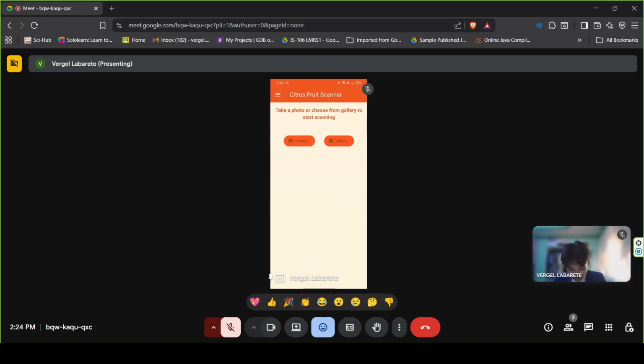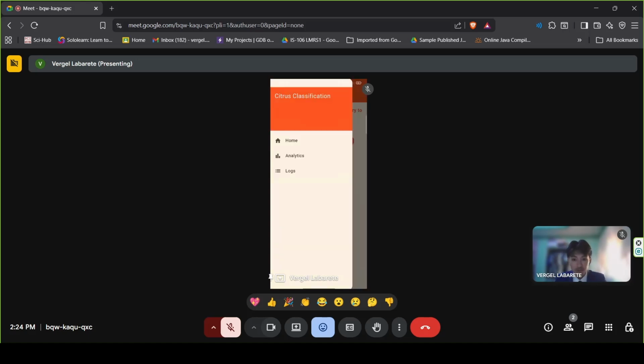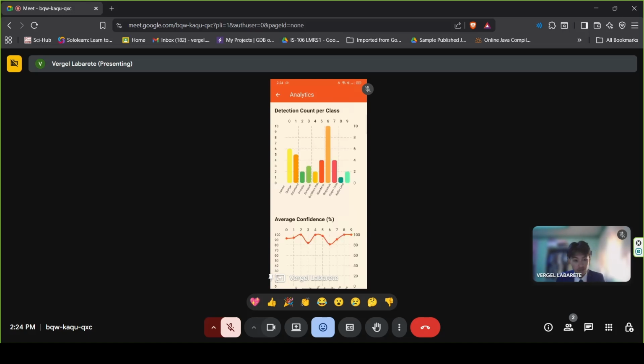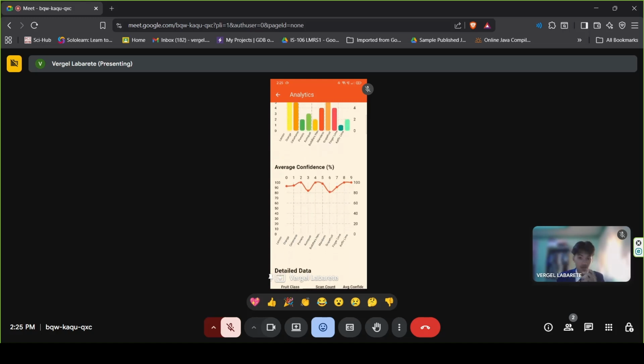Here we have a navigation. What you see here would be home, analytics, and logs. So let's try to get into the analytics. This here would showcase the graphs on the scan results of the citrus fruit classes. The first graph is the detection count per class, which is how many scans each fruit had, and the second graph is the average confidence of each fruit, and the highest we have today would be